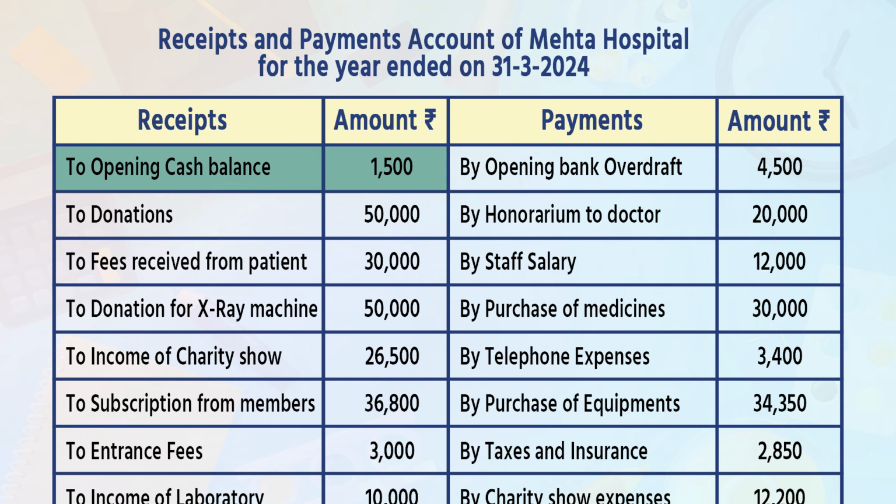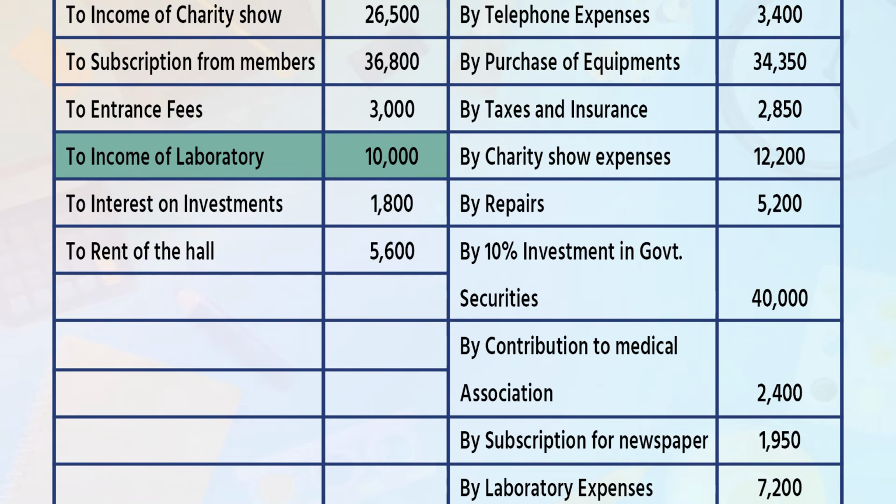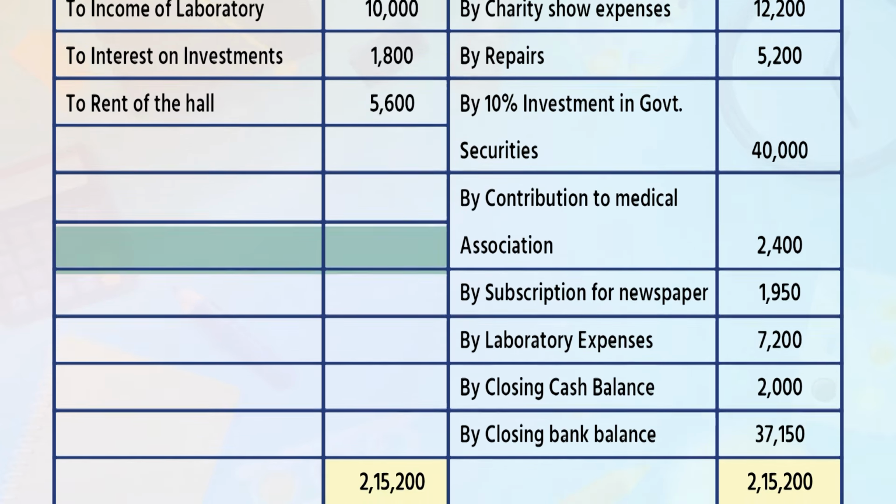To opening cash balance 1500, to donation 50,000, to fees received from patient 30,000, donation for X-ray machine 50,000, income of charity show 26,500, subscription from member 36,800, entrance fees 3,000, income from laboratory 10,000, interest on investment rupees 1,800, rent of the hall 5,600, and the total of it is